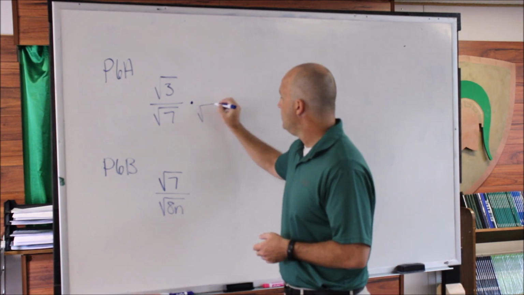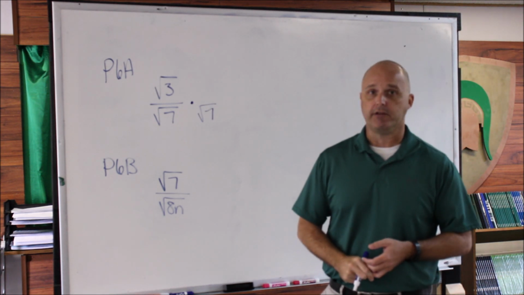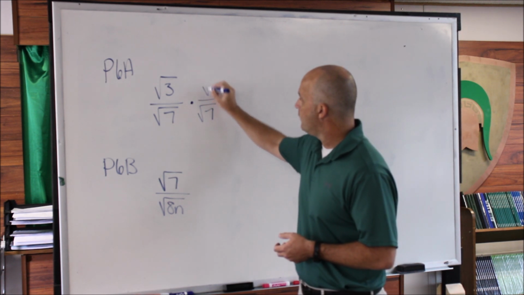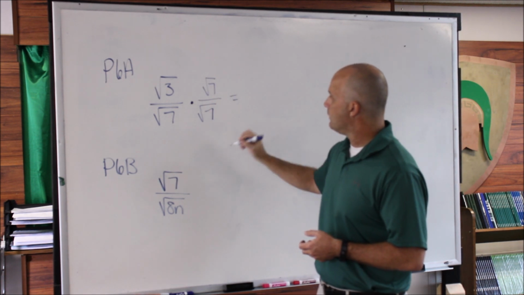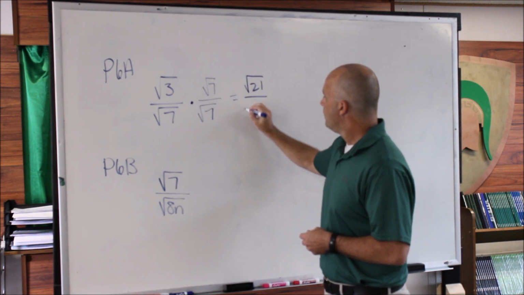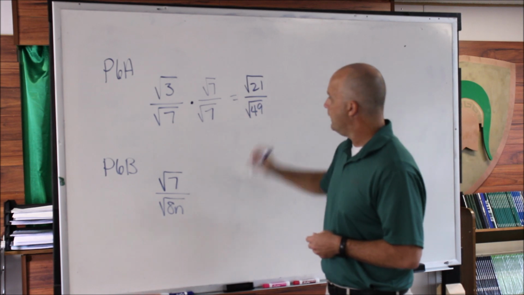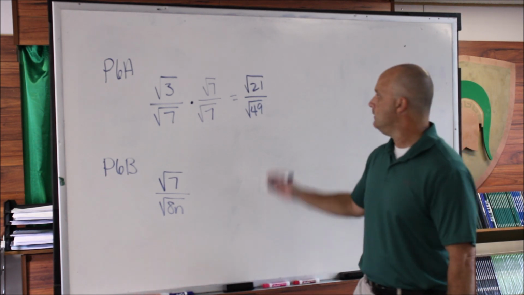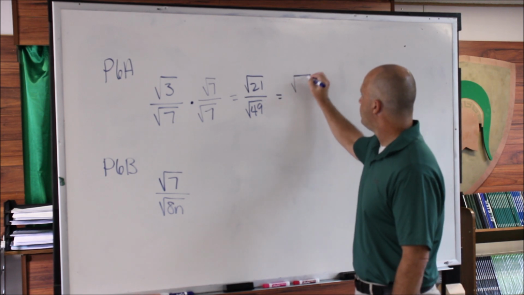So the square root of 7 times the square root of 7. But whatever we do to the denominator, we also have to do to the numerator. And so what this is now going to give us is the square root of 21 over the square root of 49, because 7 times 7 gives you the 49. Now the square root of 49 is just going to be 7, so we're left with the square root of